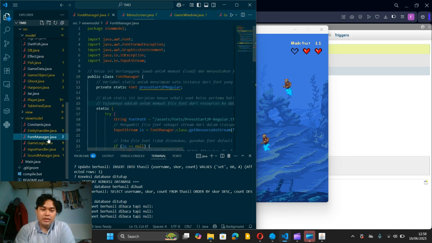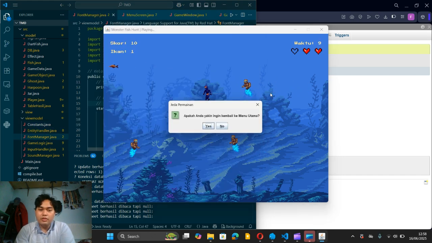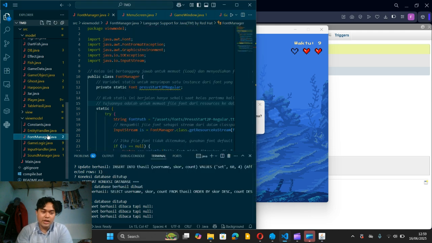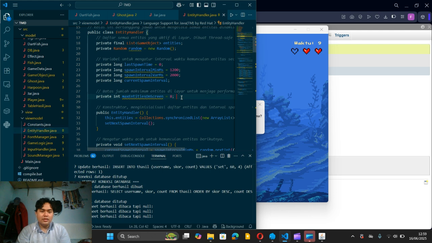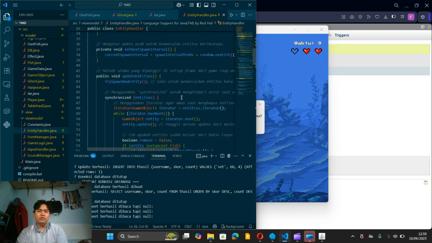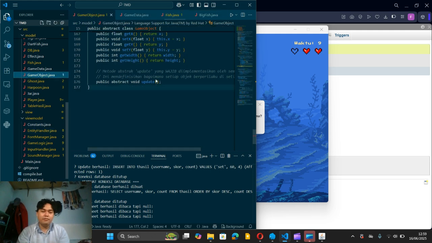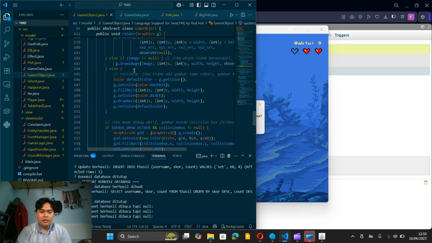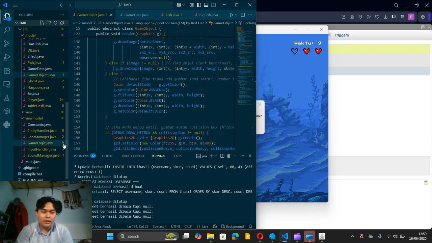In the fonts manager, because I'm using this retro font, it is managed by the font manager. The entity handler handles all the game objects like fish, player, ghost, spawning, and the collision box, etc.